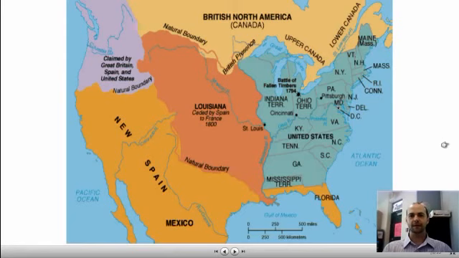At the end of Washington's presidency, this blue area is where the United States controlled, had influence over, of course, these states, the original 13 states. And then we're going to see what will come of all the rest of this land here in the North